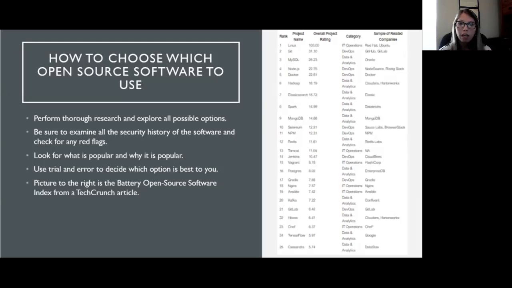It's also important to look at what's popular. What are most people using? Because people aren't going to be using something that's filled with bugs or that's not dependable or not doing the job it's supposed to do. So it's important to view and look at what's popular. This image over here on the right